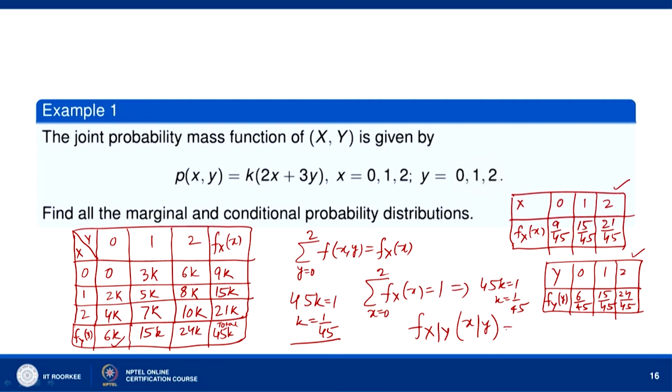This will be equal to f(x,y) divided by f(y). Now f(x,y) is equal to k times 2x plus 3y. So we have f(x given y) equal to k times 2x plus 3y